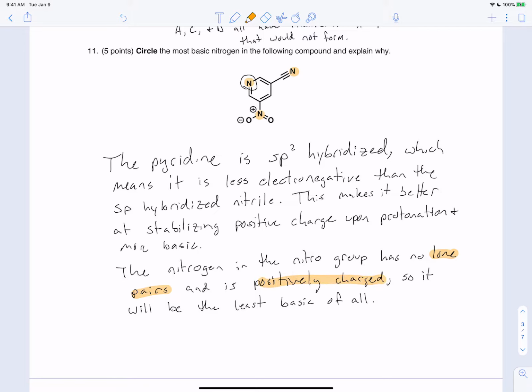You couldn't get the nitrogen of a nitro group to react with a proton if you tried. So this brings the argument down to a pyridine or a nitrile. And this comes down to s character. The nitrile is sp hybridized. The pyridine is sp2 hybridized. That means the nitrile is more